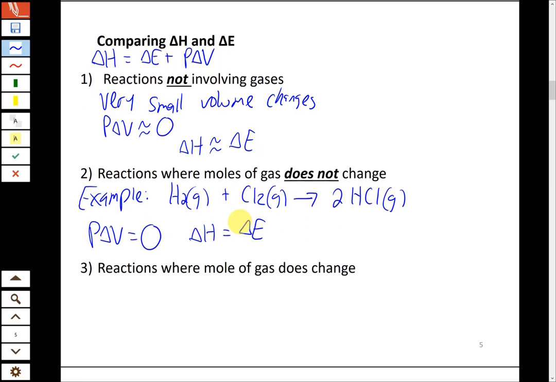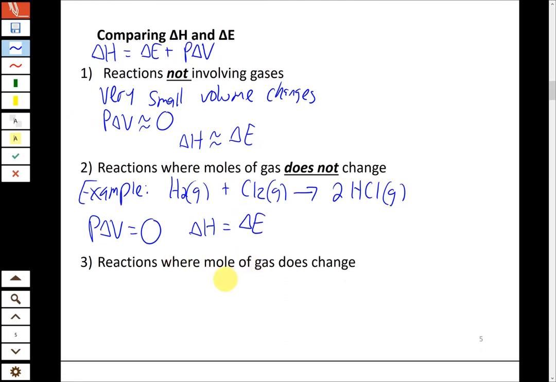Now there are going to be some reactions or processes where the moles of gas does change. So it could be a chemical reaction, or it could be a physical process where you're converting a liquid to a gas, where you're generating gas during that process. So if we have this chemical reaction here, the combustion of carbon monoxide